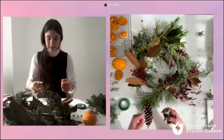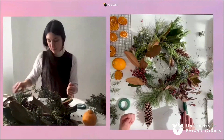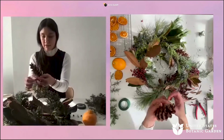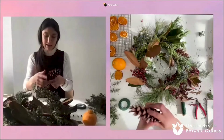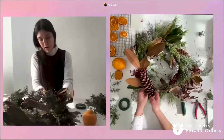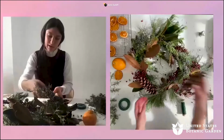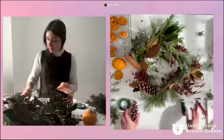The way that I would wire this is I would take a piece of wire and I just put it in the scales because you want to hide the wire. You could do the same with twine. I'm twisting it in the back, and then I'm going to wire that on and just twist it off on the back side. I have another one here. So again,